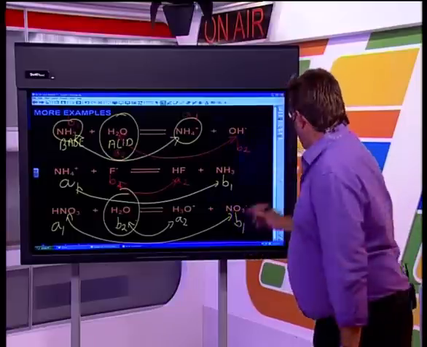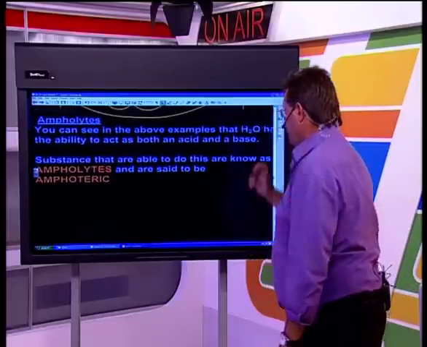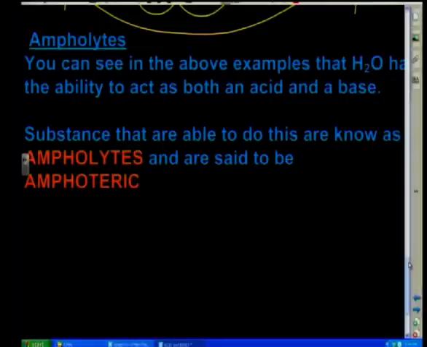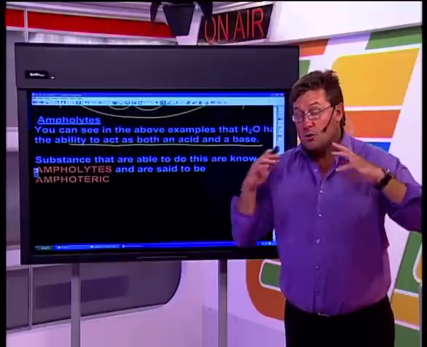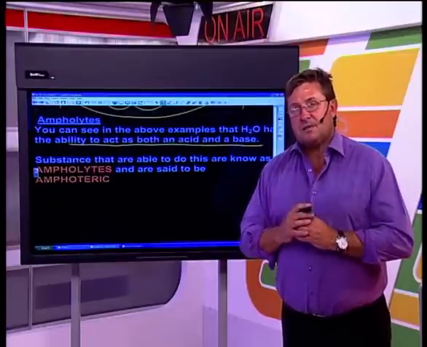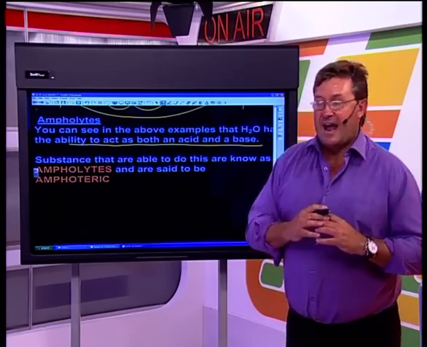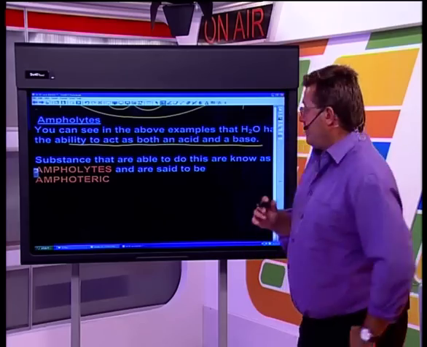Okay, they are known as ampholytes, and I made a short little note over here for you. Basically, ampholytes have the ability to act as both an acid and a base. In other words, they've got a very special property. Not all substances are ampholytes, guys. Only certain substances are, and the most common one is water, H2O, as I showed you in that reaction.